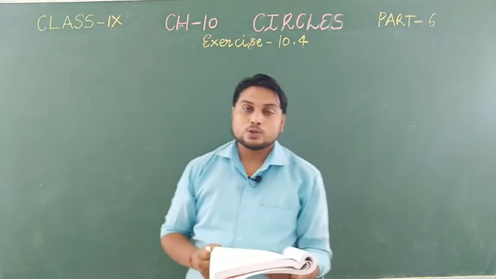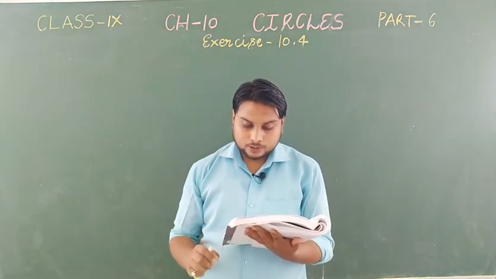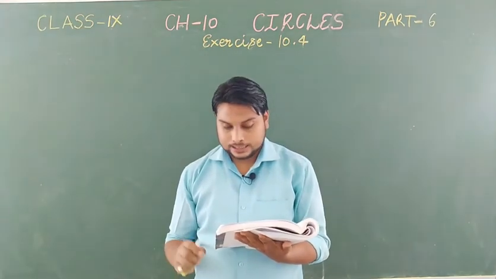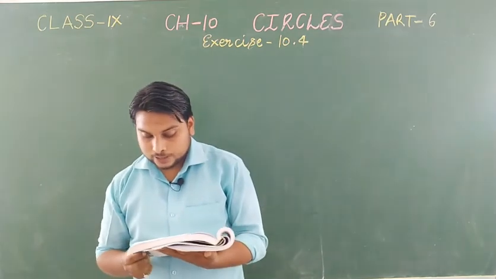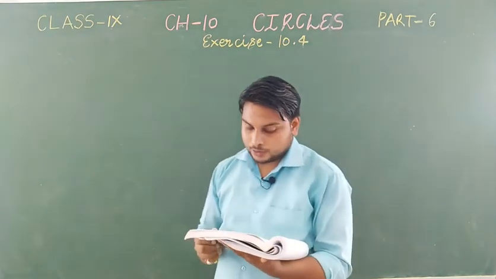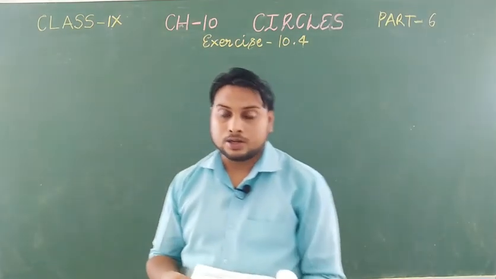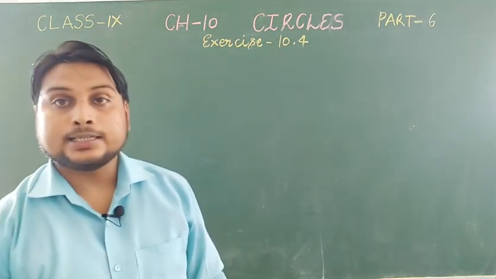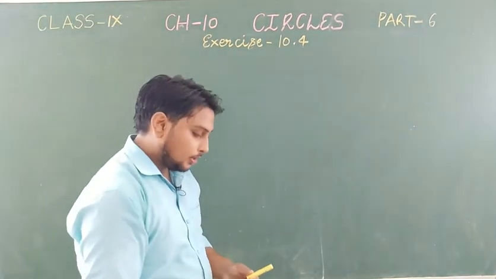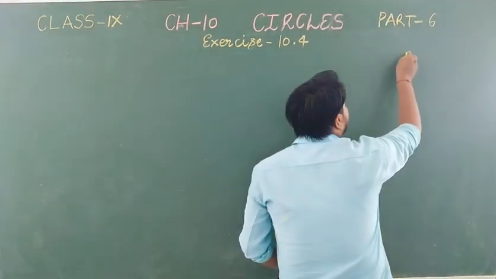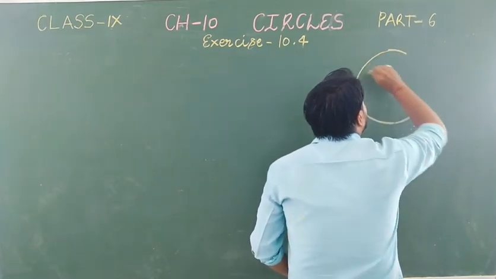Coming to the second question, students. The second question is: if two equal chords of a circle intersect within the circle, prove that the segments of one chord are equal to the corresponding segments of the other chord. It is said that in a circle,